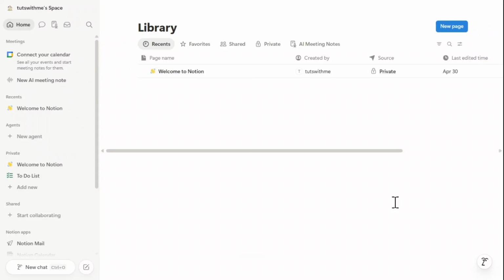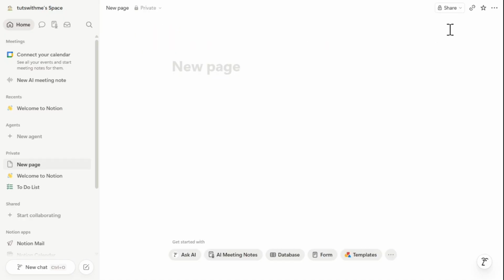In today's video, I'll show you how to use Notion AI for personal journaling. We will start on our Notion Workspace page, and the very first thing we want to do is navigate to the top right corner and click on the blue New Page button. Once the fresh blank page opens up, click directly into the main body area where the command prompt text is